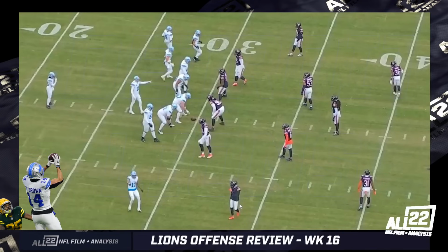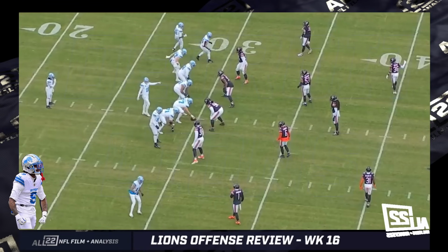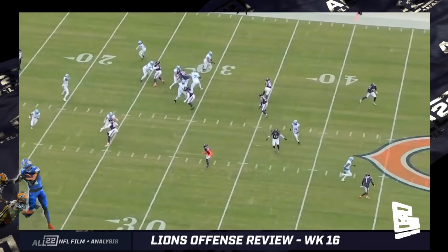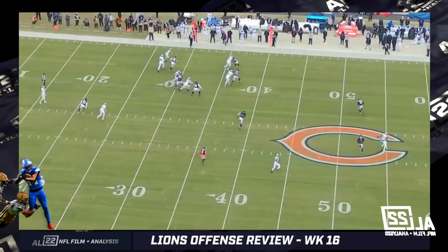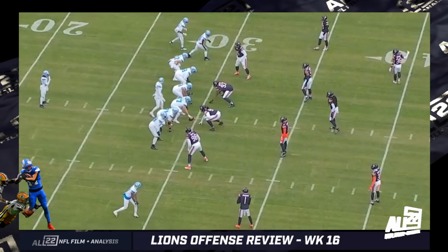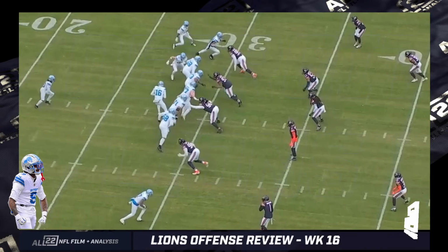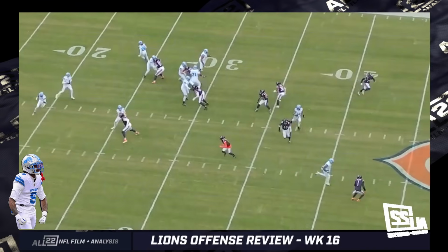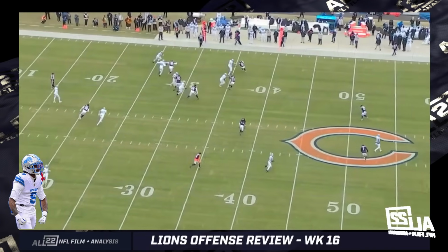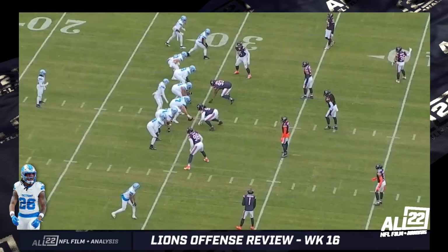Another element that I think has to be mentioned in this film study look is the pace at which Jared Goff is snapping the ball. I'm not necessarily talking about his cadence. What I mean is Jared Goff getting to the line and deciding to snap the ball quickly, and/or getting to the line and going through some type of checks. Now, this one has been used before. I think at least 3 times this year I have this one on film whereby